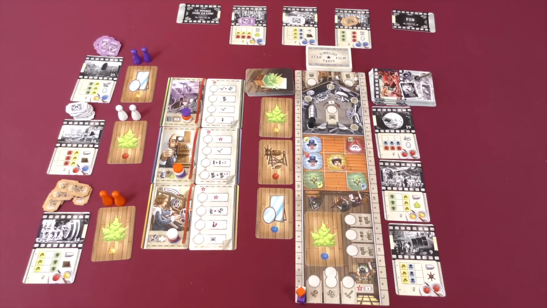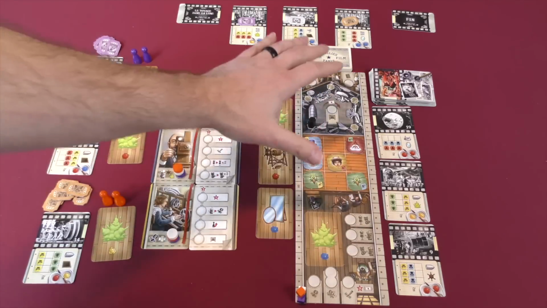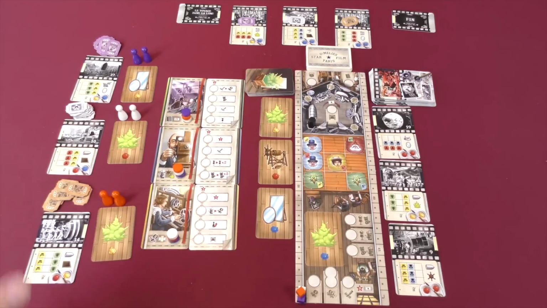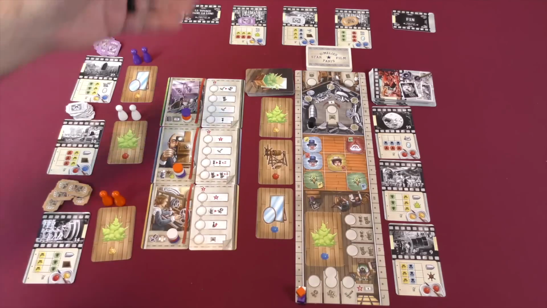Okay, here we see 1902 Melies, and I'm just going to give you a high-level overview. This is not going to be an exhaustive how to play by any means. The way the game works is that you are going to be placing your pawns out onto the central board to take action. So it's a worker placement game. What you're trying to do is you're trying to do all three phases of a production of this film, A